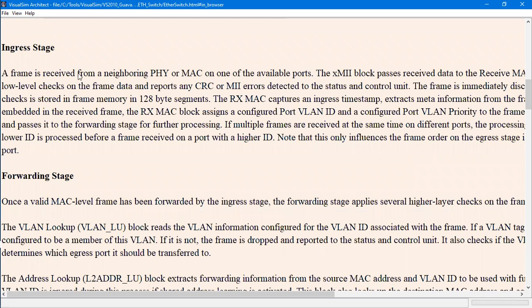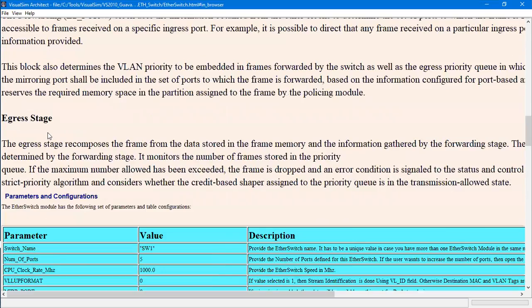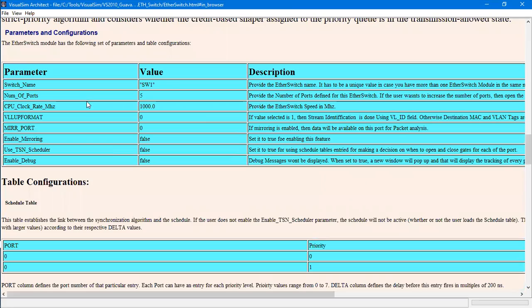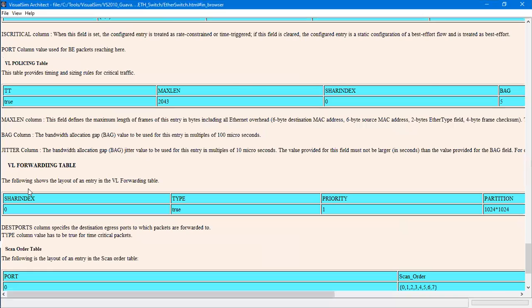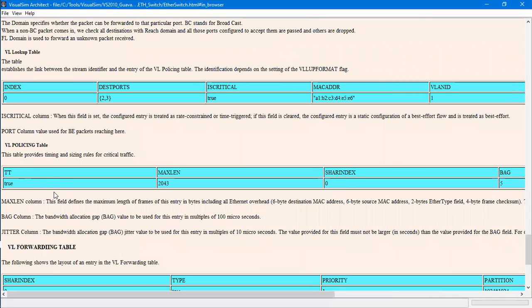Ethernet switch: what is happening in the ingress stage, forwarding stage, and the egress stage, the parameters, and the table configurations. Let's scroll down to VL policy. We can see the bandwidth allocation gap value.